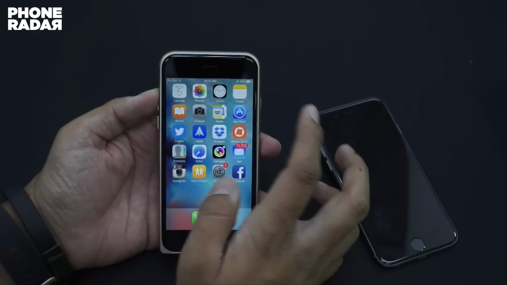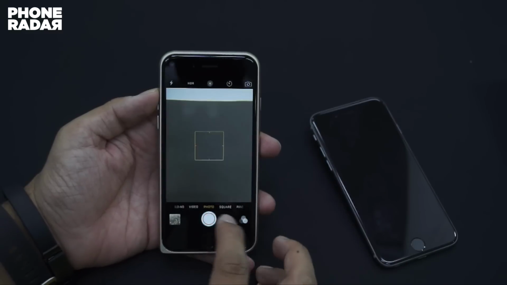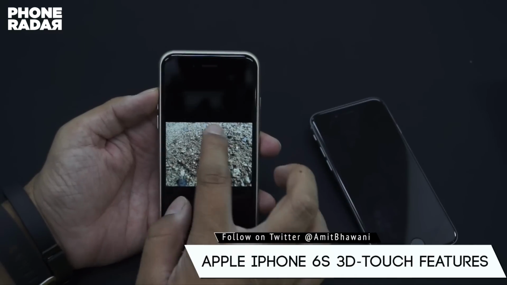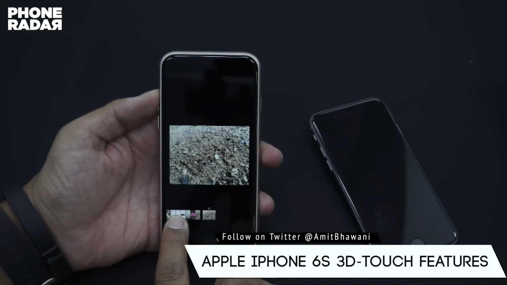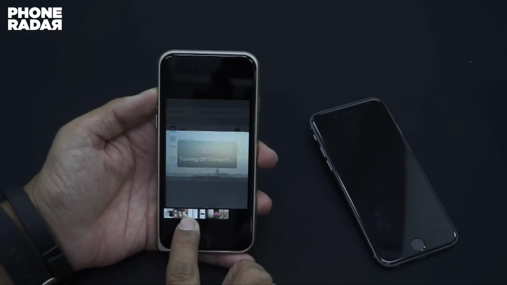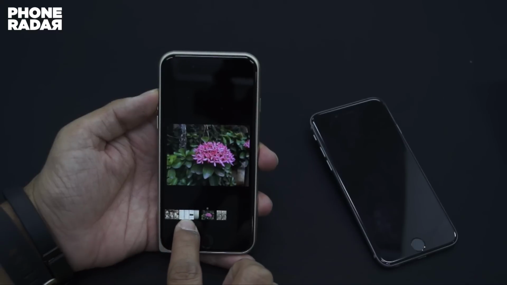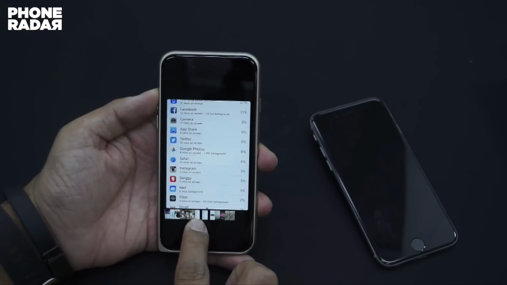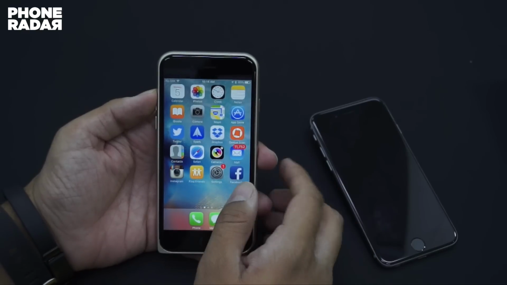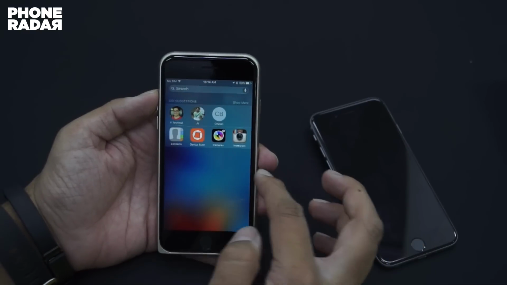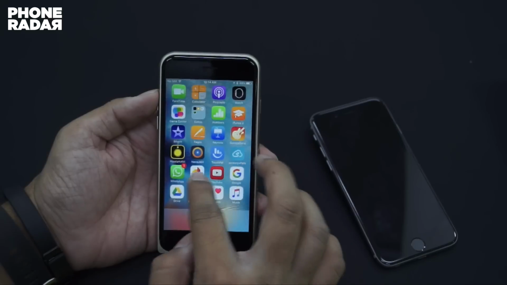You can also swipe through a few of the options, like in terms of camera you can find the latest photos, but using this force 3D Touch you can actually swipe around through all your photos and get a preview of all the photos. So that's another interesting feature. You have a bunch of other advanced features, and you can also customize them from your settings panel.